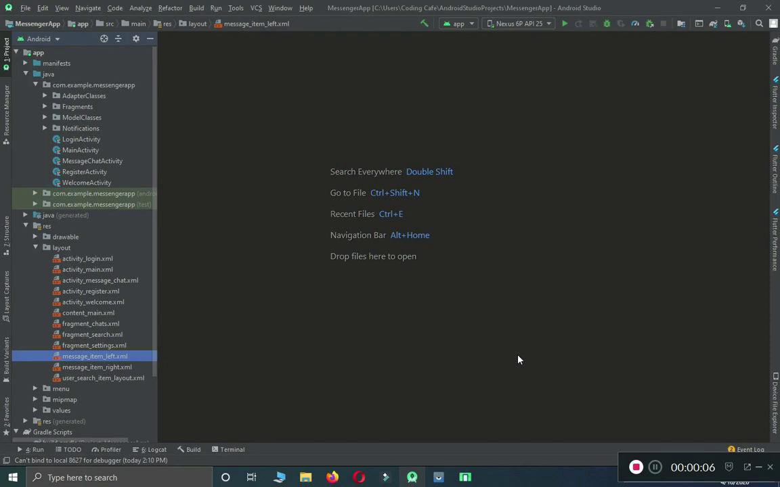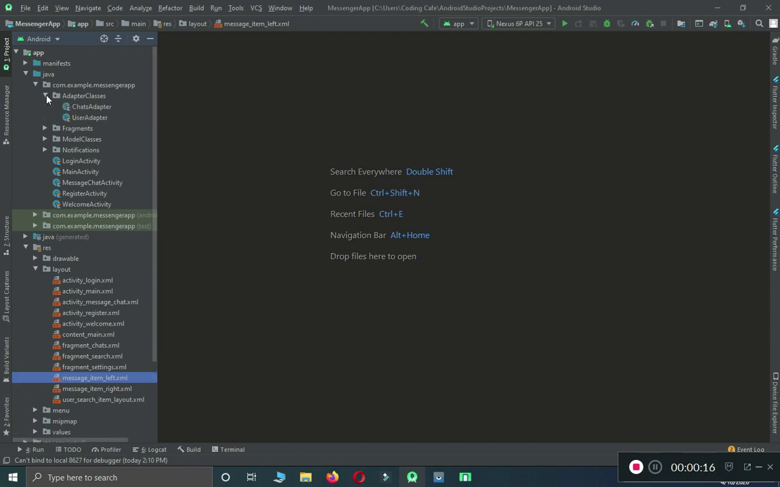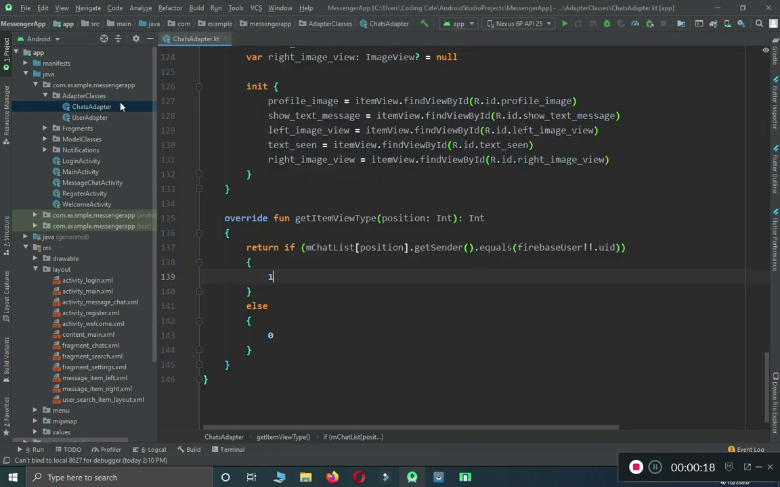My name is Mohammed Ali and in this tutorial we are going to implement the delete message feature and the view full image feature in the chats. So for that we need to go to the chats adapter, and before we implement that feature, one thing which